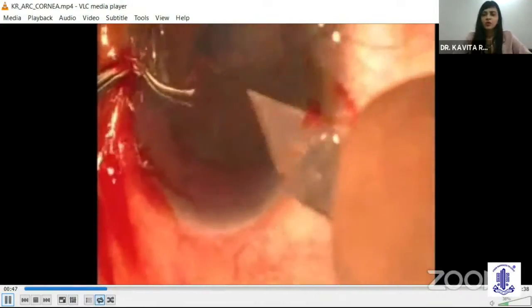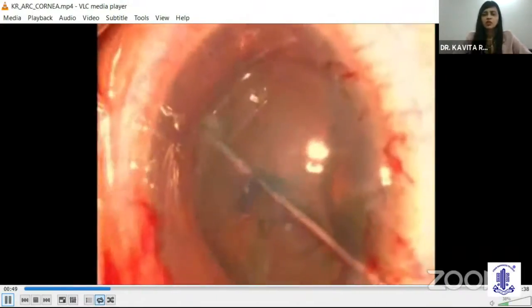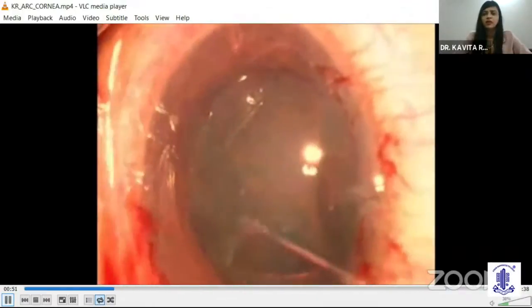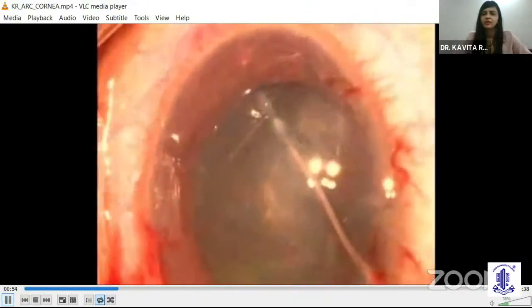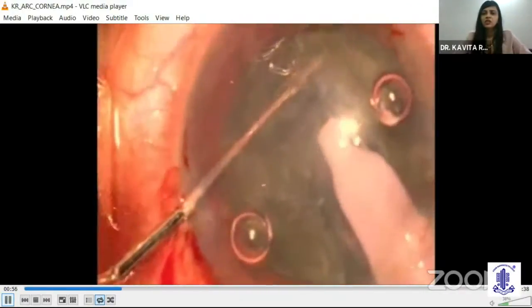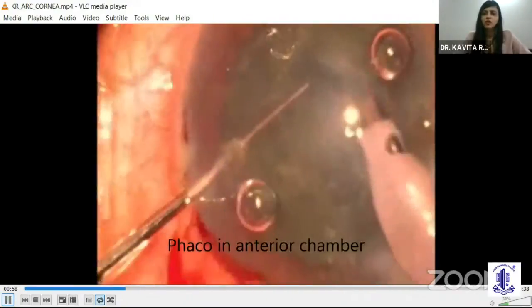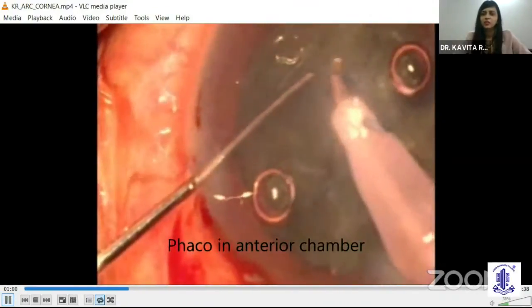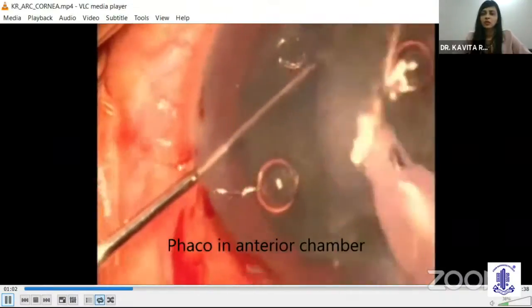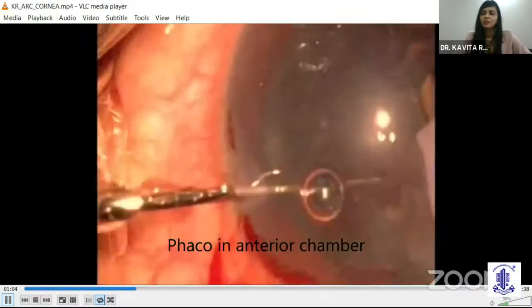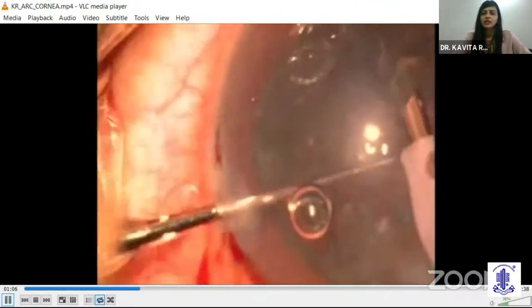Now, phaco surgery in this case, because the view is compromised, you're going to be worried about the PC rent, which can happen and it's a disaster. So after the initial split, most of the phaco is actually done in the anterior chamber. I'm not really trying to go at all near the bag. You can get the pieces out and do it in the anterior chamber.